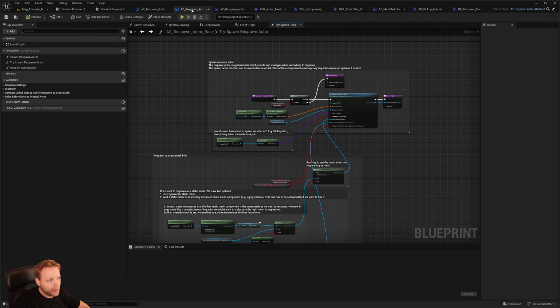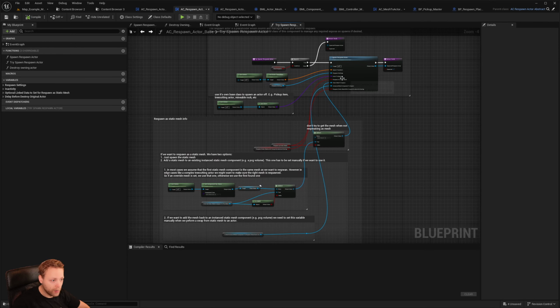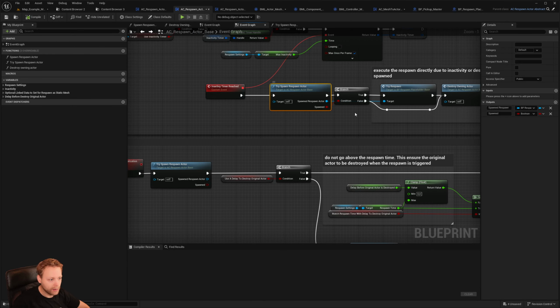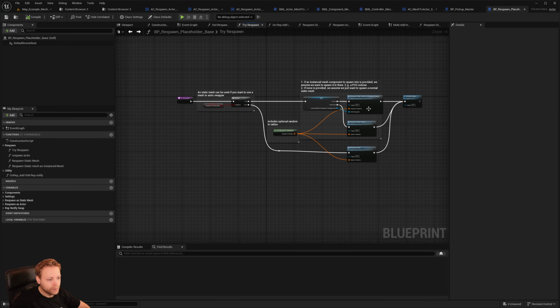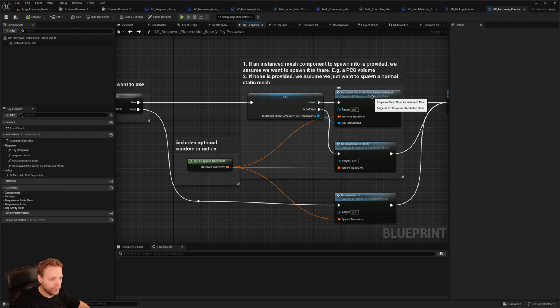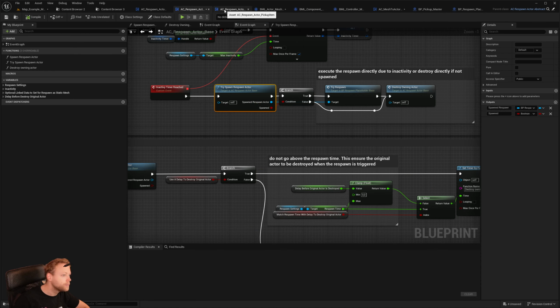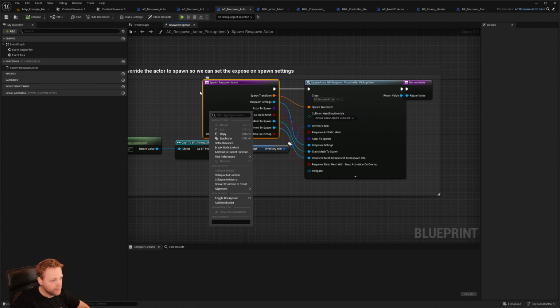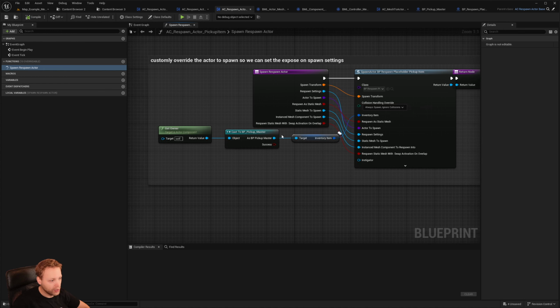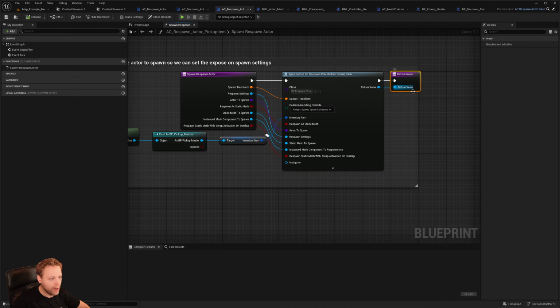So that is what the respawn actor base component is doing. That's respawning that actor, specifically this actor. And that is going to respawn that instance static mesh. And we actually made a child of this respawn actor base. Why? Because in the child I overrode the function spawn respawn actor to make sure that the pickup item, this one, is chosen